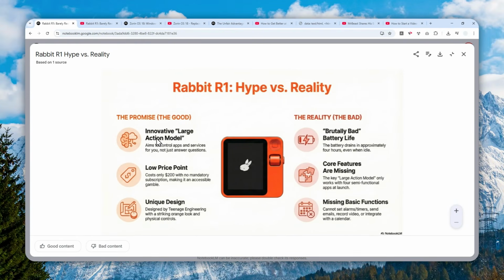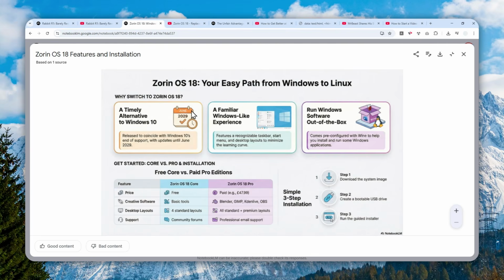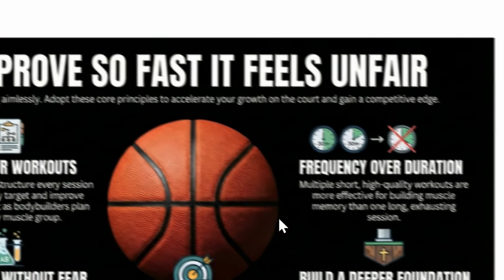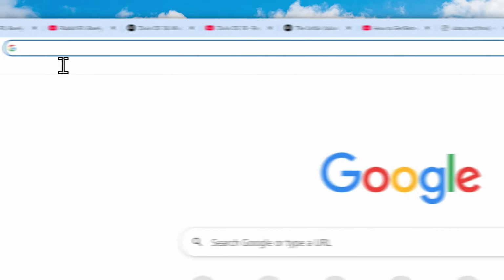So in this video, I'm going to show you how you can easily and quickly put multiple videos and combine them together into great looking infographics using NotebookLM. So here's how you can do it. First, let's navigate to